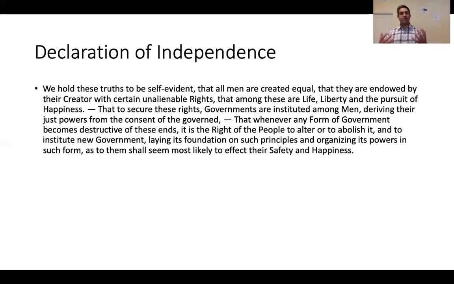We'll unpack the tremendous paradox of the American Constitution, which at one time tries to fulfill this promise in the Declaration of Independence of self-determination, of the belief that all men are created equal, while at the same time, as we'll learn going forward, constitutionally declaring African slaves in the colonies to be 3/5 of a human being. Right? So we'll talk about the paradox of this democratic moment in the United States. But what I want you to remark upon briefly here is the revolutionary nature of this. This is an important thought.